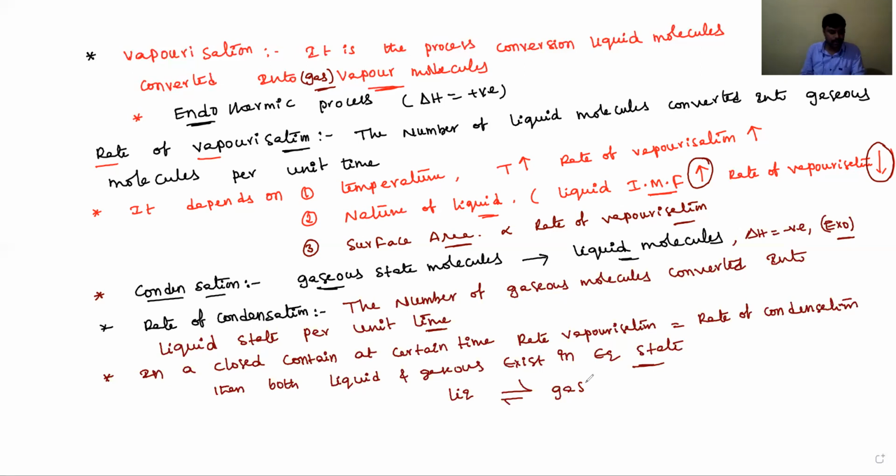Okay, students. Now we need to discuss vapor pressure. What is vapor pressure, and how does vapor pressure depend on boiling points? Based on that, we need to discuss the lowering of vapor pressure and the relative lowering of vapor pressure concepts. Okay, students, let's see vapor pressure.